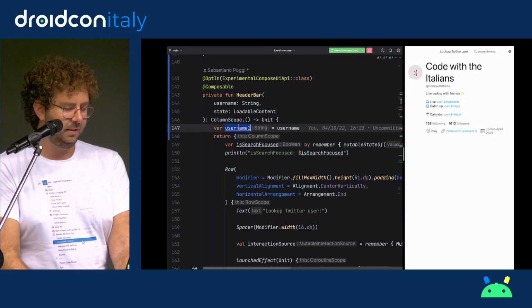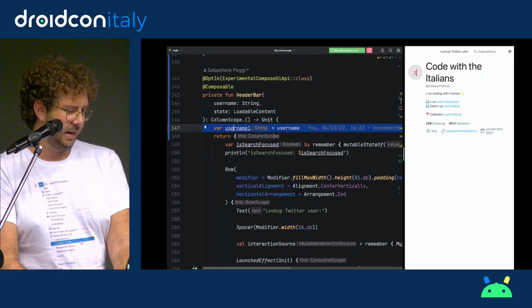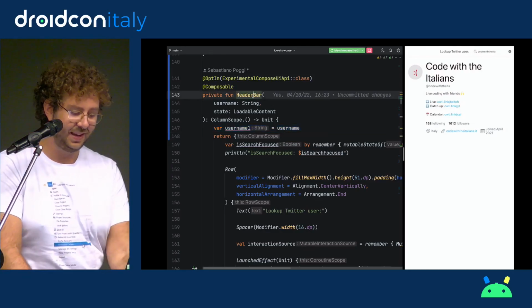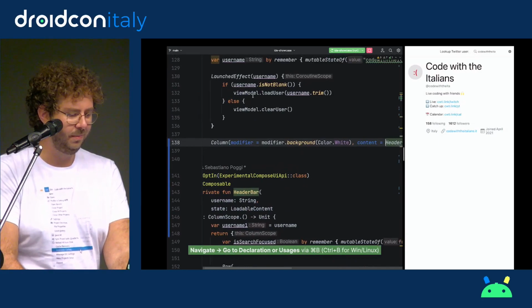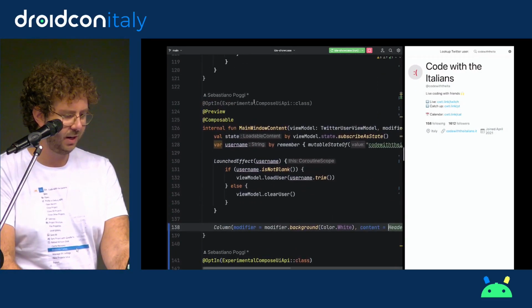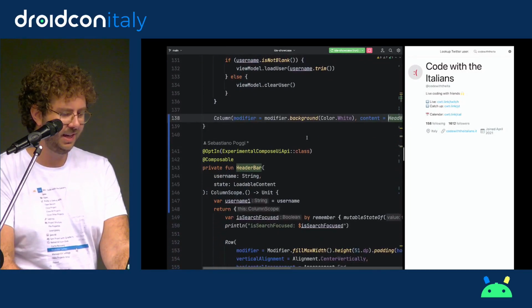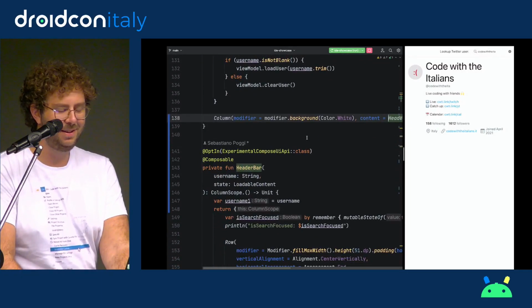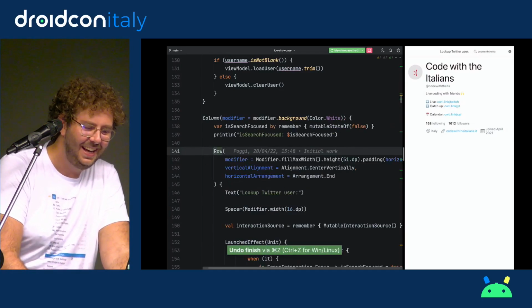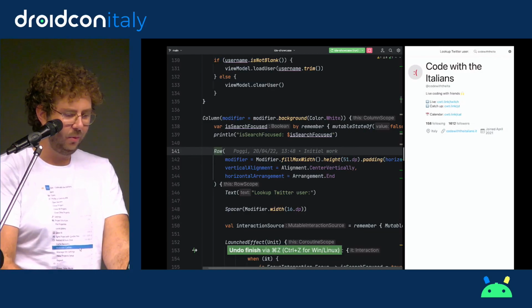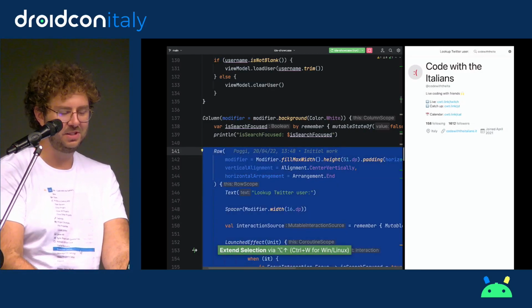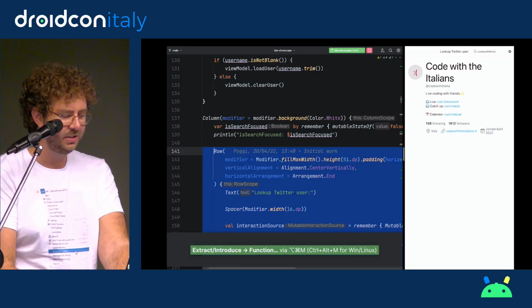I think it did something that it wasn't supposed to do. Okay, so why is it happening? It's fine. It makes sense from its perspective. First of all, I think I have extracted the whole thing by mistake. It's fine. I can undo. Okay. So what I can do is I just select the row. I think that's why it got really confused, because it was too much stuff. I'm just going to extract the row.